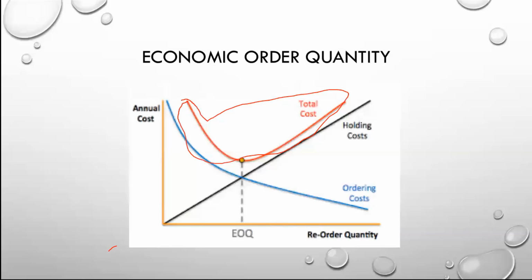So once again, total costs is the sum of both of these. And the EOQ is where annual ordering costs and holding costs are equal. In economic graphs, this is the marginal cost, the price of one additional good. This is the quote unquote sweet spot where the price of an additional good is the lowest. So that's your EOQ.